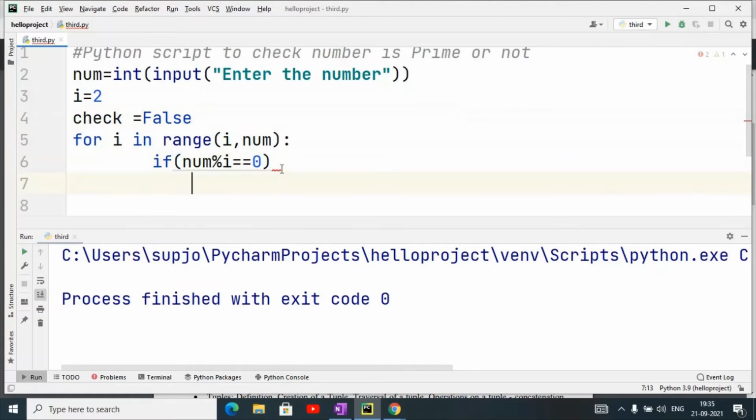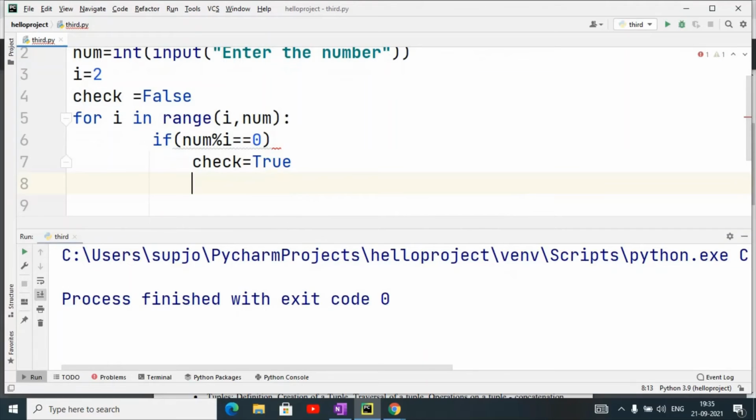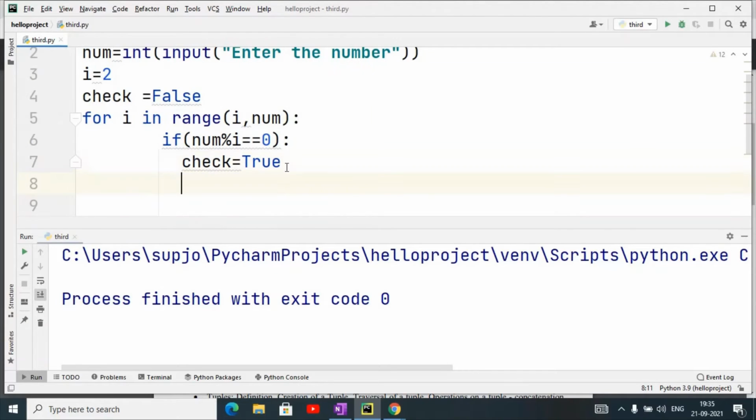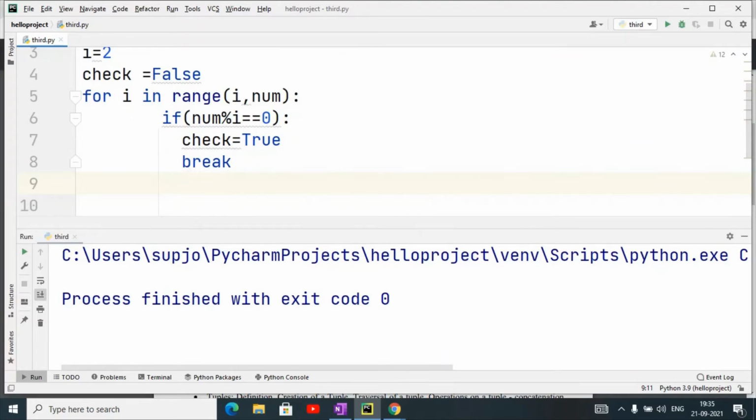Inside this if, when the condition is satisfied, we set check equals true. It means the number will never be a prime number, because it is divisible by a number between the number and 1. So we will do break also here. It will break here, otherwise it will work in the same manner.